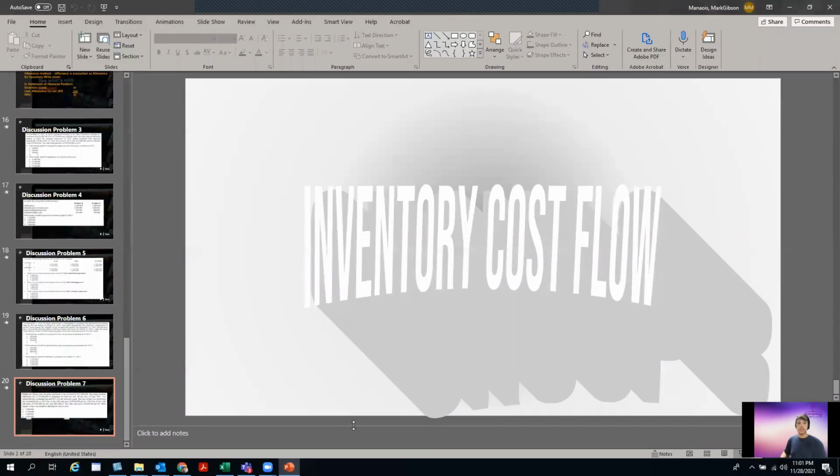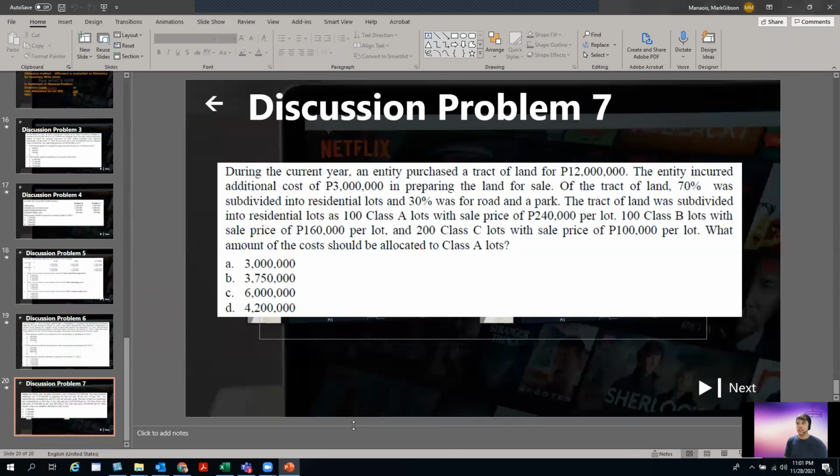So that's problem number 7. Actually, that ends our discussion on inventory cost flow. Again, if you have any questions, please feel free to shoot me an email or